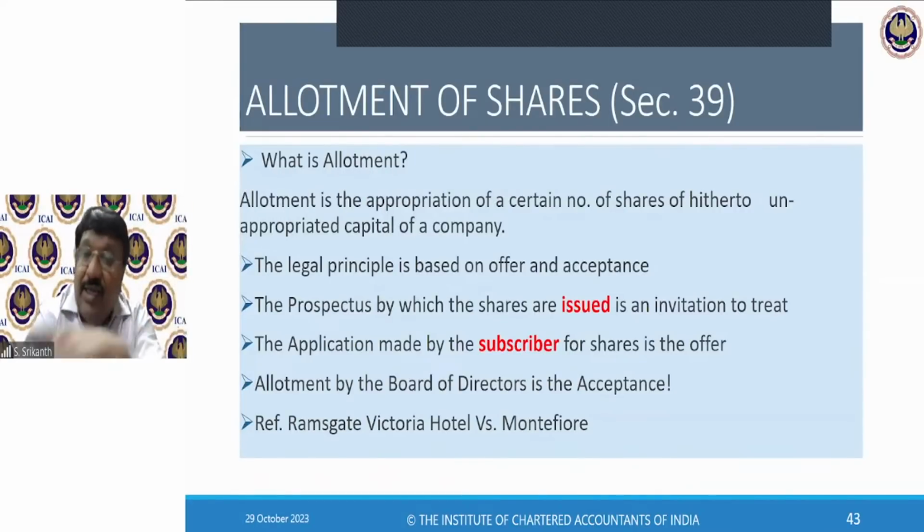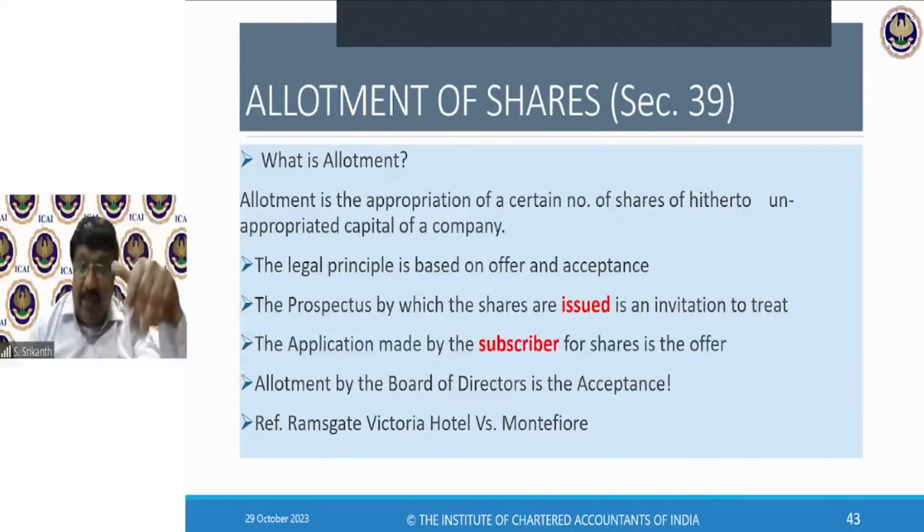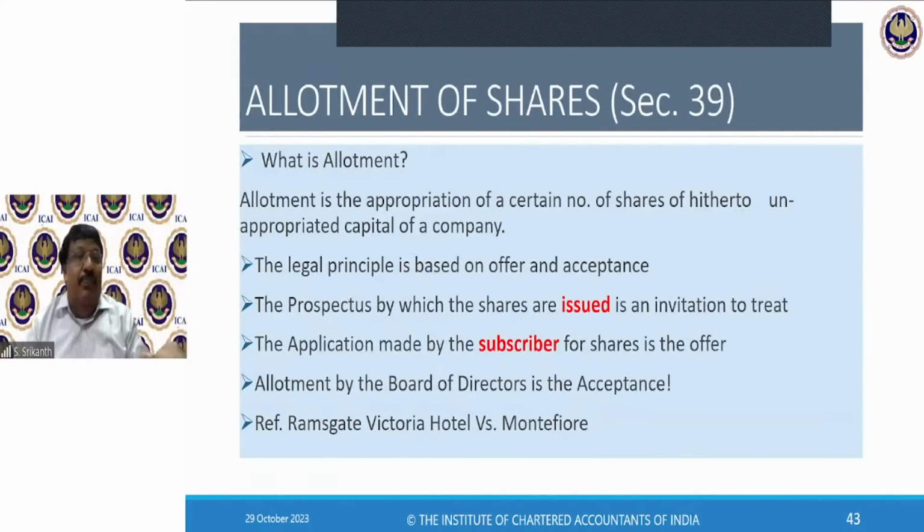That's when, in the next chapter, share capital and debentures, we will talk about transfer of shares also. There we will talk. That is when A is selling his shares to B, B will now become the new owner. He is the transferee. He has to send an instrument. There's a form for that, share transfer form SH-7. That has to be sent to the company to ensure that his name will now be entered in the register of members. So the contract with the old member will be out and the new member will be created. This you will come across when we come to transfer and transmission of shares.